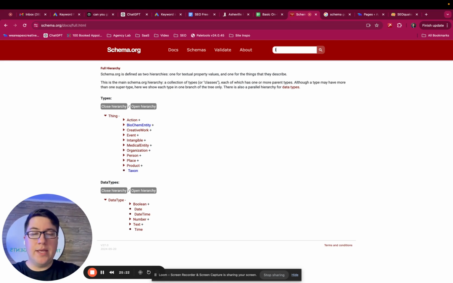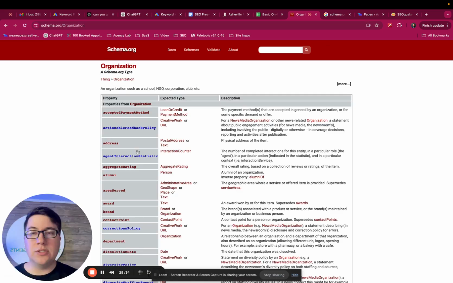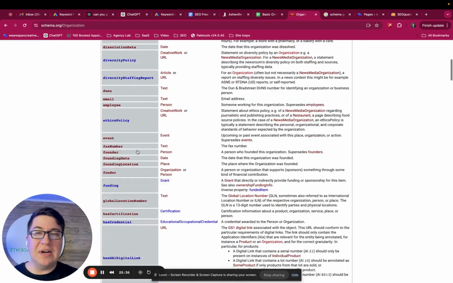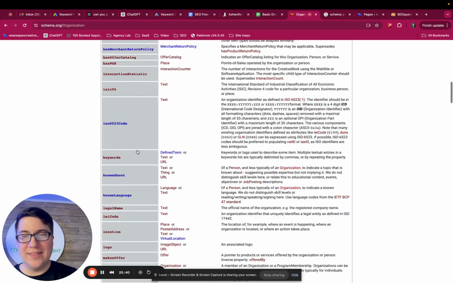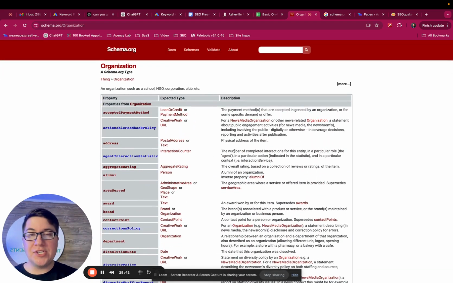So I can type that in, but if you don't know it, you're not going to know what to type, right? So I can type local business, search for it, and it's going to pop up, but this is going to give me a list of what's available. So if I were to click organization, it's going to pull in all of this stuff. And what you would need to do, technically, that no one does anymore, is you would actually need to code based off of this information. You don't need to do that.